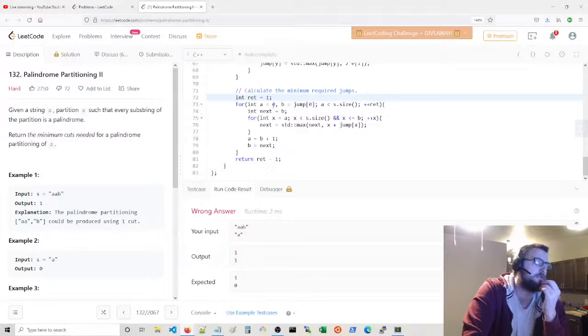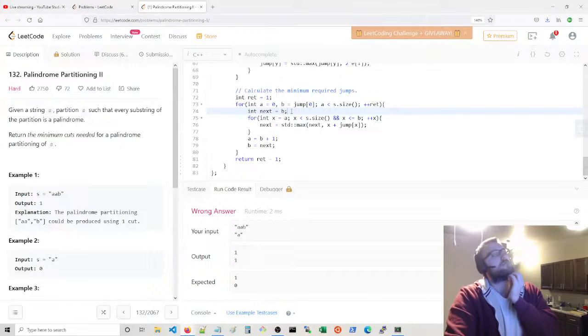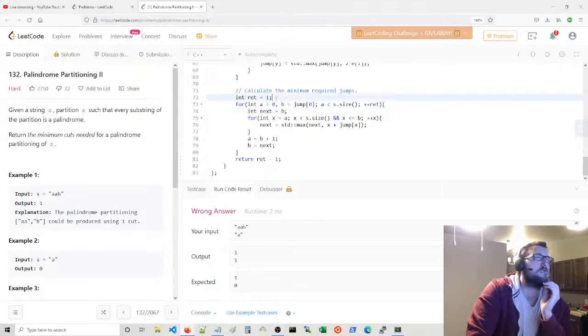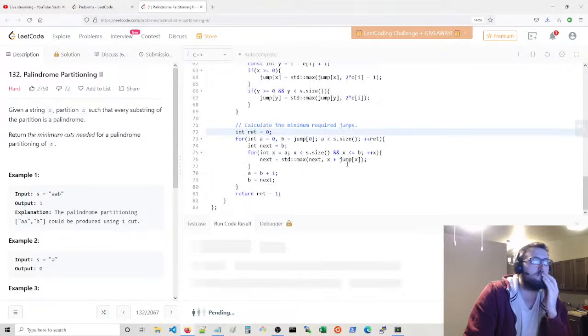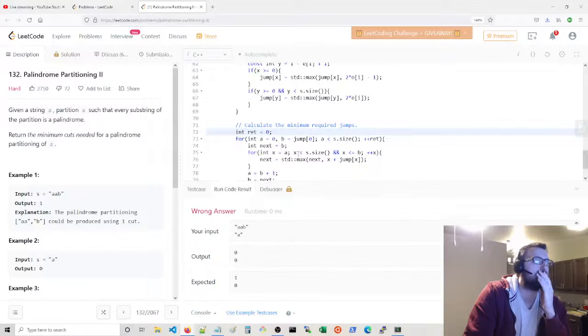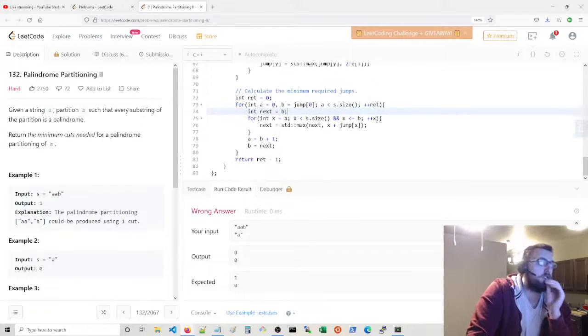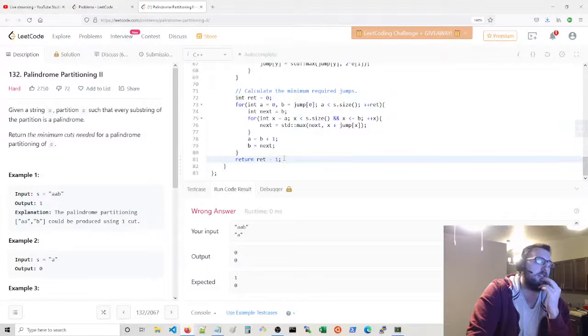I guess we don't have a first jump necessarily. Something like this, I don't know. So 0, 0, 9. Something's not right here. Something's not right. Well, ret tells us how many jumps it takes to get off the edge. I think this is correct, but